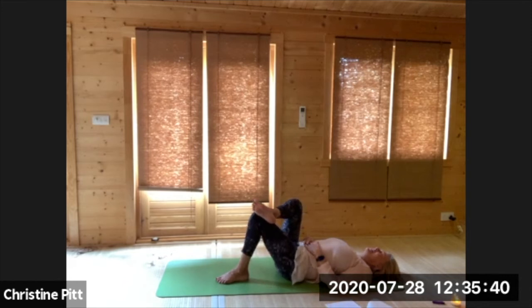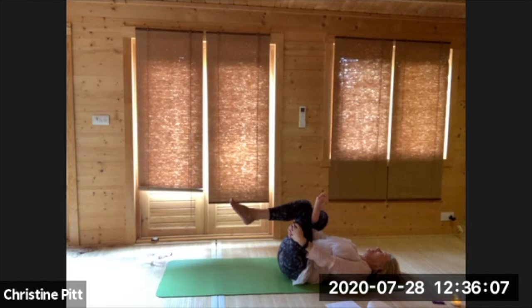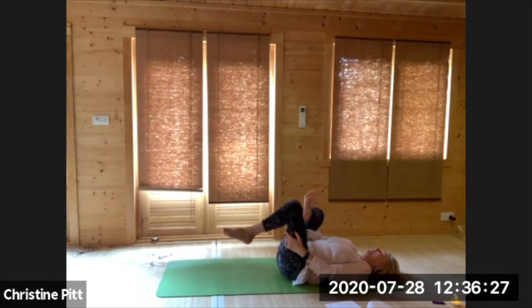And then you can stay swaying the knees from side to side, or you can lift your left foot off the ground, clasping your hands underneath your left thigh, placing your right arm through that gap. And again, you choose whether you'd like to extend your heels or not. One thing that you can do is to bring your left knee slightly closer to you. And this will open up your piriformis on the right side of your thigh, the outer thigh. But how much you bring your left knee in is up to you to get that opening on the right side. And then very gently release and place your left foot on the ground,